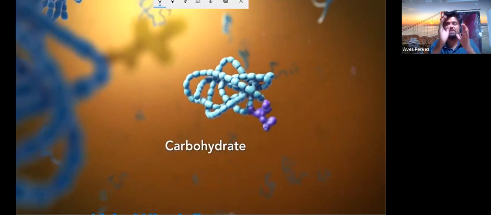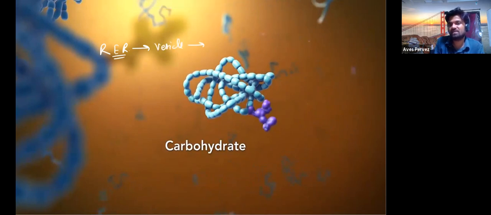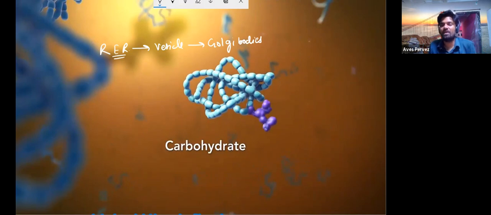So what the Golgi bodies are doing here is modifying the protein that is being released by the endoplasmic reticulum. You were seeing that the endoplasmic reticulum, or RER, is synthesizing the proteins in the form of vesicles, and these vesicles reach the Golgi bodies. And what are these Golgi bodies doing? They are condensing it, or adding something like carbohydrates,